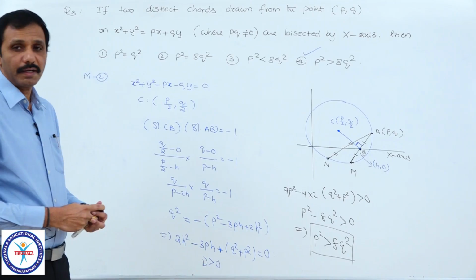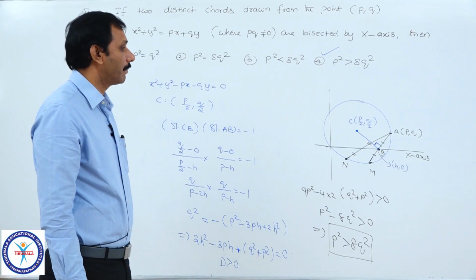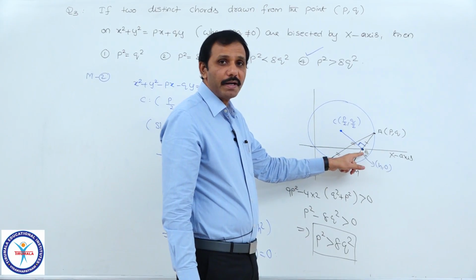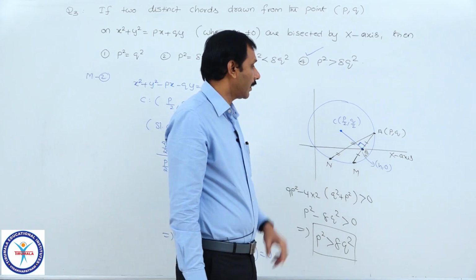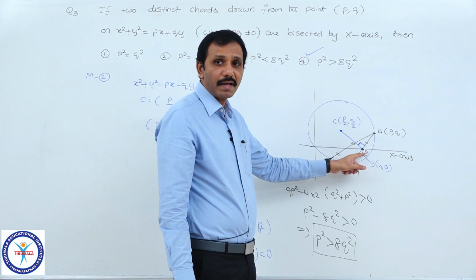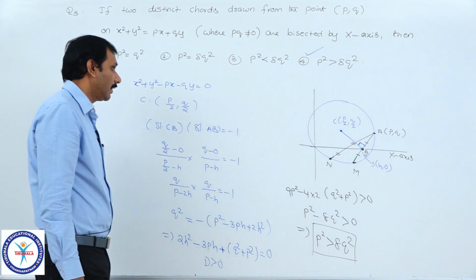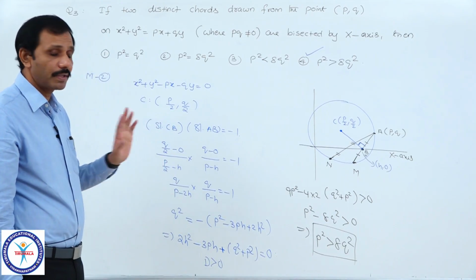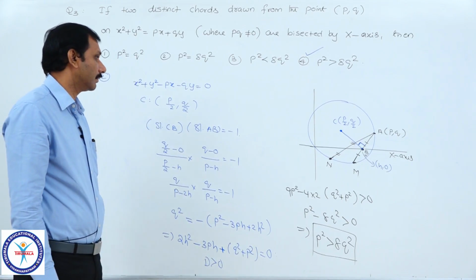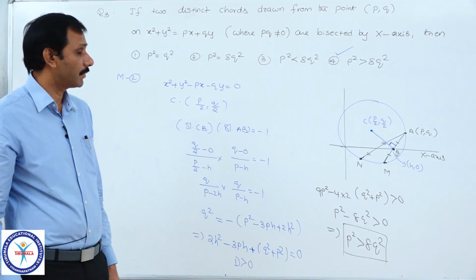Any of the methods you can attempt, all by using simple circle properties only, basic properties. It is the property that the line joining the center to the midpoint of any chord is perpendicular to it that I have used. In the previous case we used that whenever a point lies on the x-axis, the y coordinate of that point is equal to 0. It is simple, the only thing is you need to understand the meaning of the question first, then you can apply whatever method clicks for you at that time. Hope you understood the second method also. We will move to the next problem.